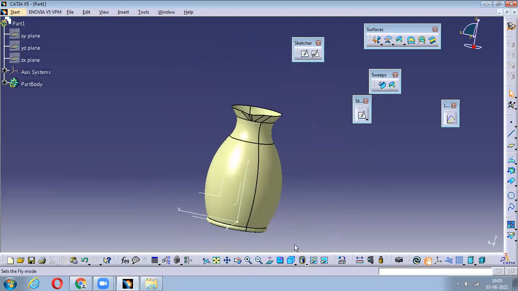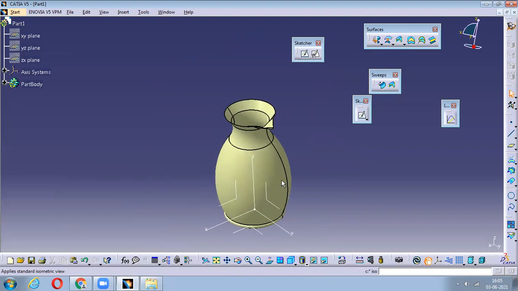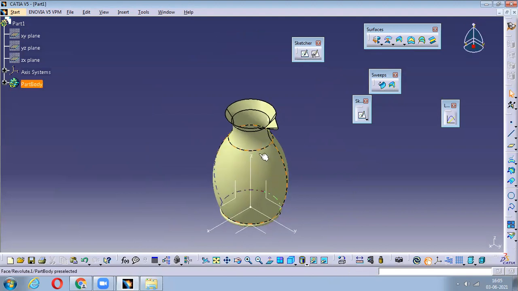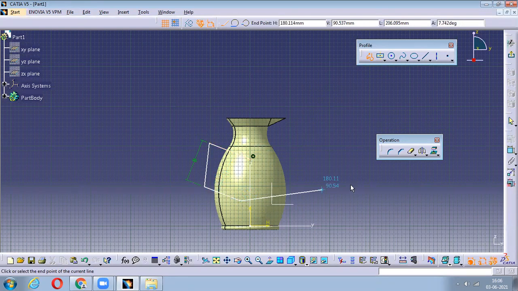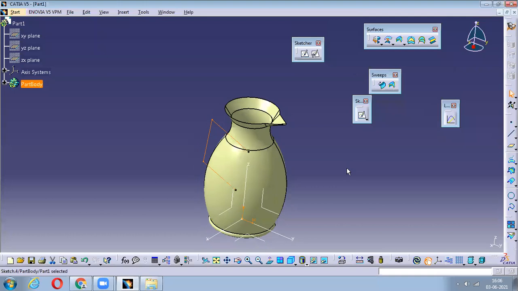See, what I have to do is be careful while selecting. Don't create the handle here, or it's impossible to pour the water out. So just select this plane here and I'll go on sketching. I'm doing it roughly just because of the restricted time. So I'll create it something like this. I'll say exit to this guy.